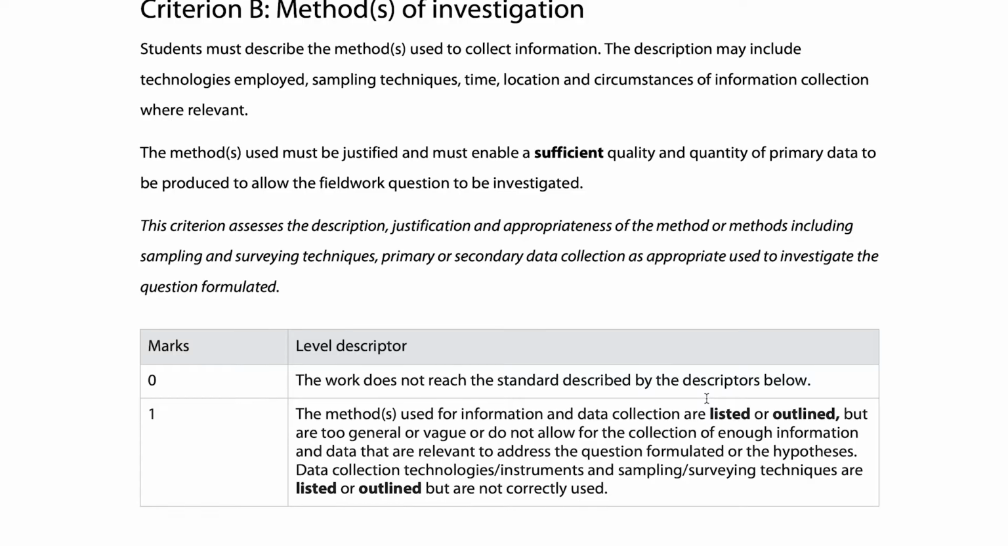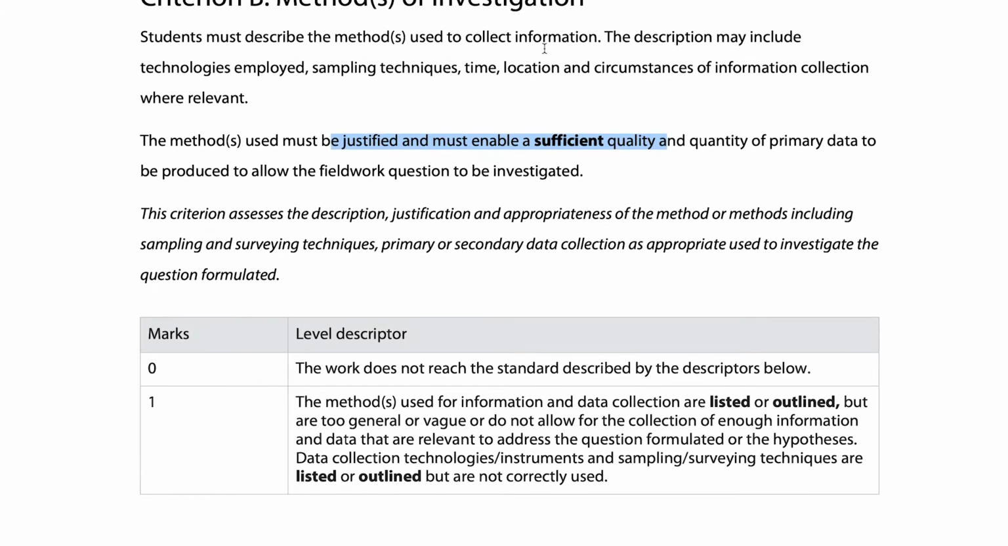So now if you go on to criterion B, methods of investigation, which, long story short, is just justifying the sufficient quality and quantity of primary data to be produced to allow the fieldwork question to be investigated. So this includes technologies employed, sampling techniques, time, location, and circumstances of information collection where relevant. For example, in my case, where we went to the Threadbare River and analyzed the flow of the river,